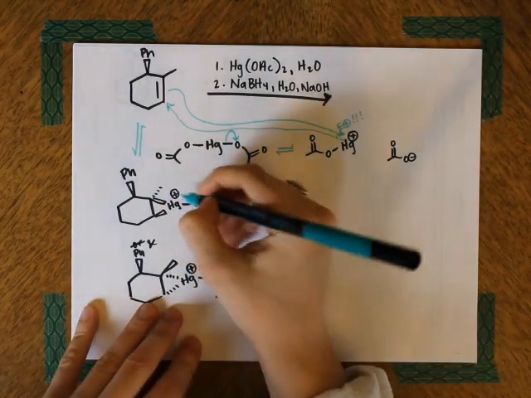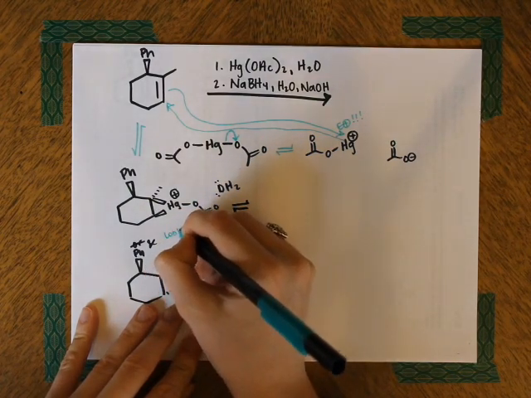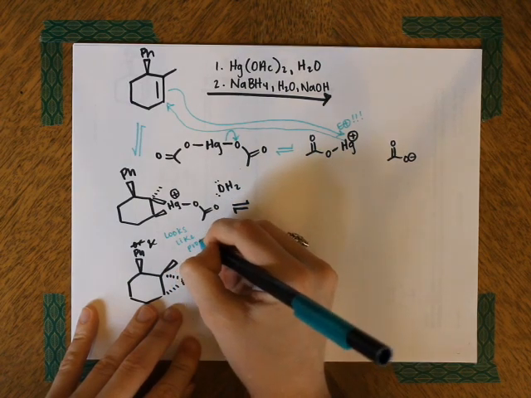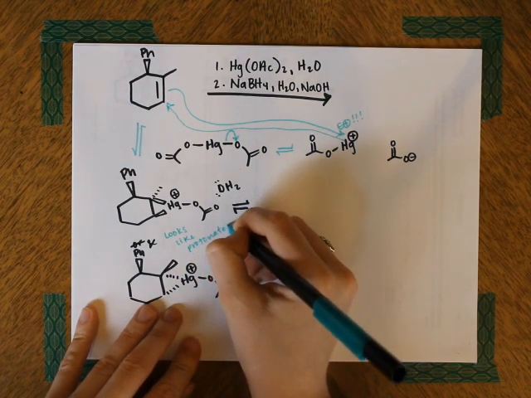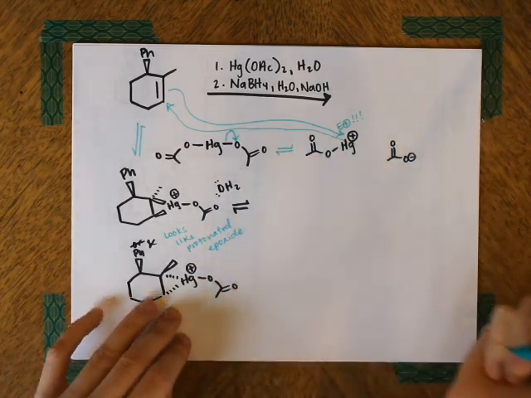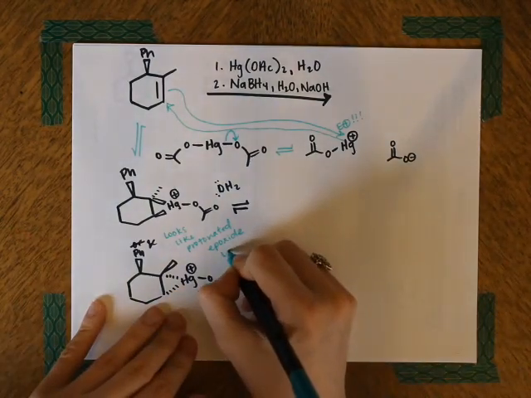That makes sense because this looks like an epoxide that's been protonated. And we know that if I'm adding to a protonated epoxide, I'll add to the more substituted side because it goes through a